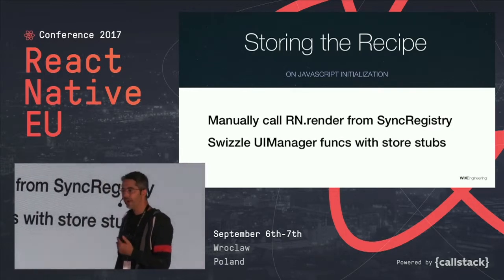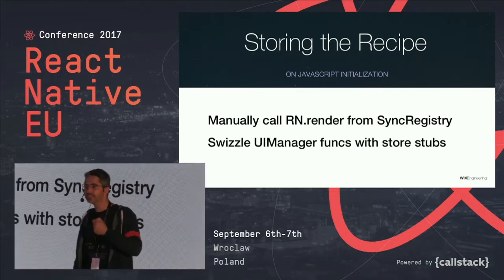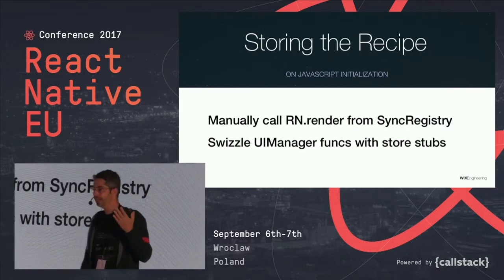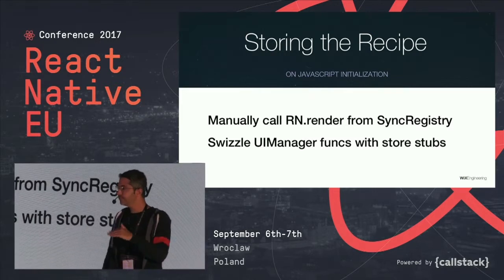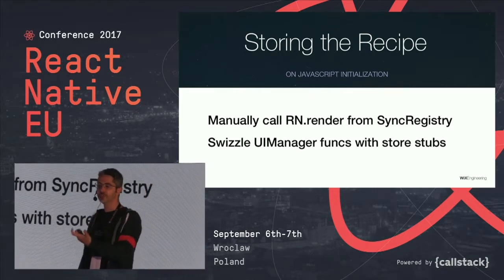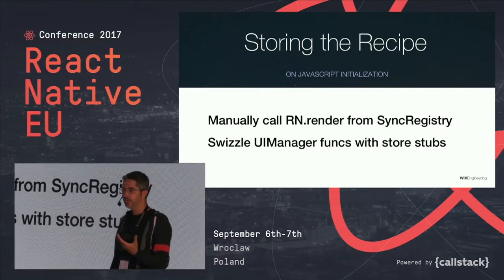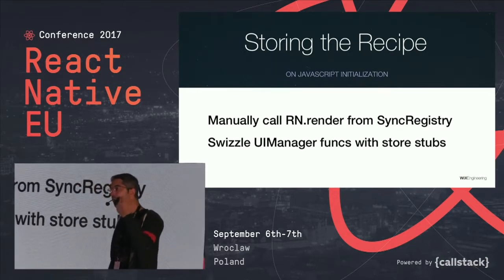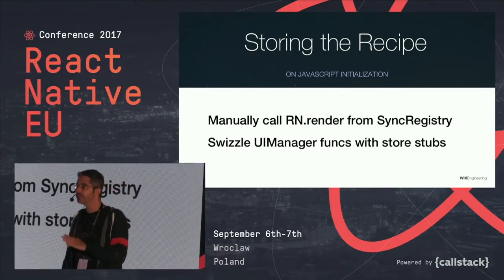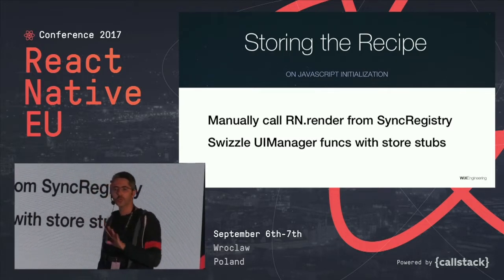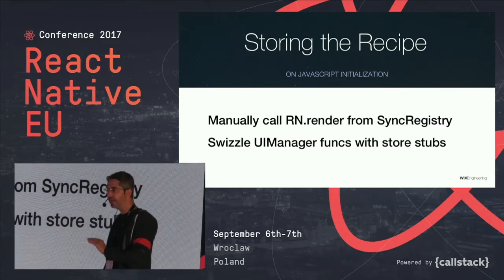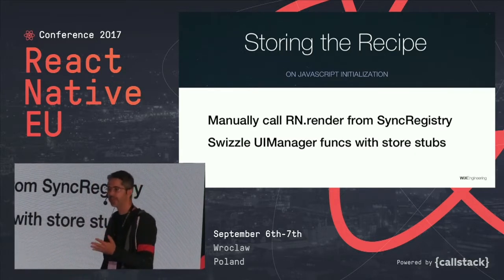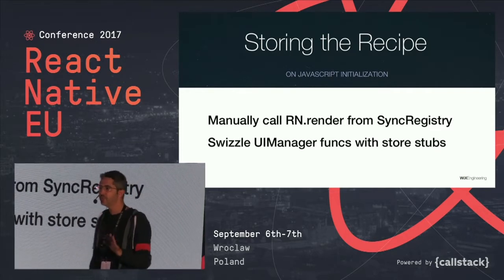So what we're going to do now is swizzle. Swizzling means we're going to stub the JavaScript functions of the UI Manager. We're going to replace them temporarily with stubs, so that instead of functions like createView or setChildren, we have stubs that all they do is record the arguments that were sent and save them in a JavaScript array. That's all we're going to do. We're going to store this array, and when we finish the initialization part, before we return, we're going to restore the UI Manager, undo our hack, and remove the swizzling of the functions.